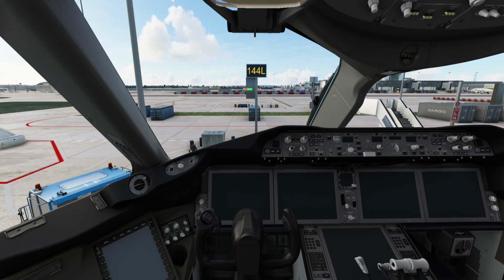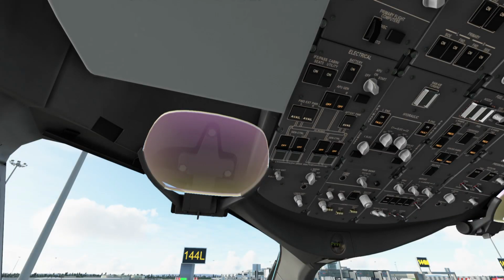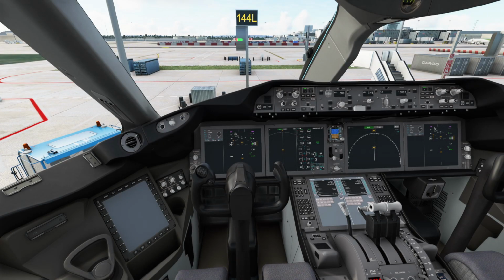It seems to still have an FPS problem. For me, anyway, it's something I've always had to deal with. This mod partially solves it, but it doesn't solve it 100%. Now, the main thing here you'll notice is the difference on the instruments and screens. Really big improvements there. Let's get this aircraft powered on now. You can see we've also got new lighting correctly positioned, such as external power lights. Hopping down into the main cockpit, you can see the FMCs look much brighter, which is more realistic, of course,